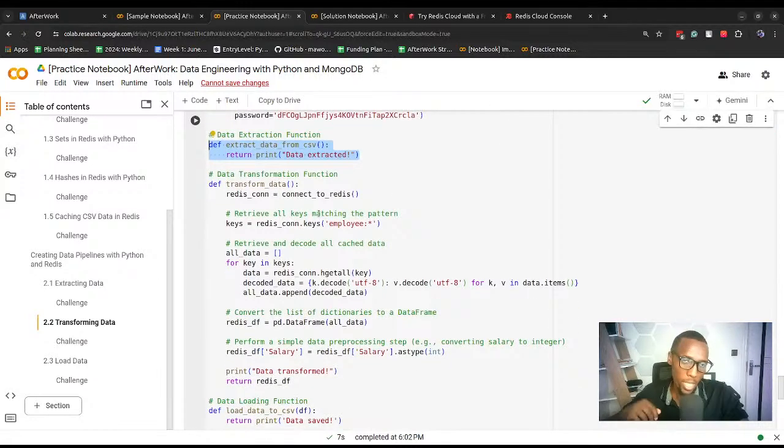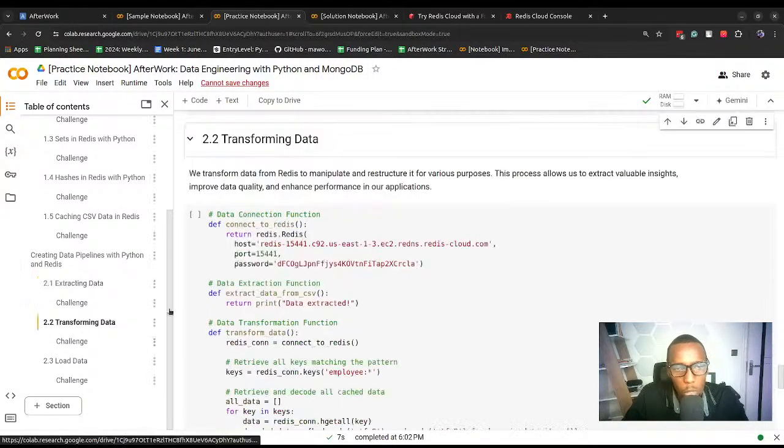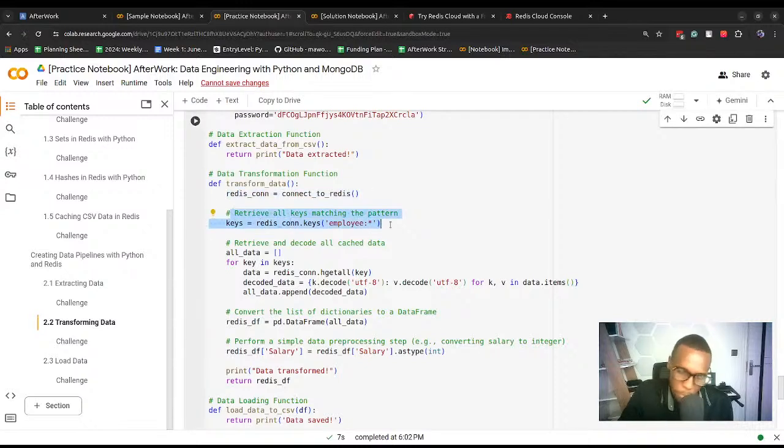Then to transform our data, sometimes we might have some data that we want to extract from somewhere and use as part of the transformation process. You remember that data that we loaded here, the employee data, we might want to use it during the transformation stage. So in this particular case, we just need to connect to Redis in our transform data function. Then we retrieve all the keys that we want,